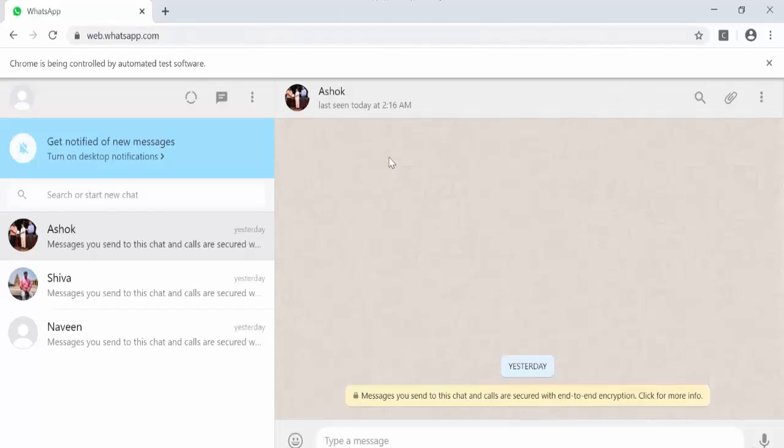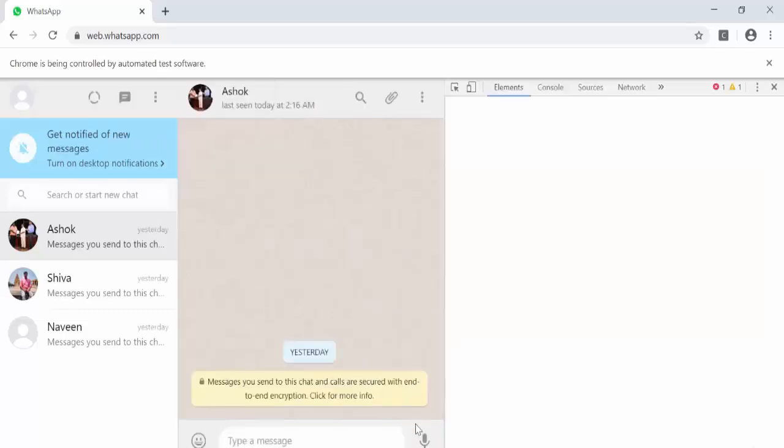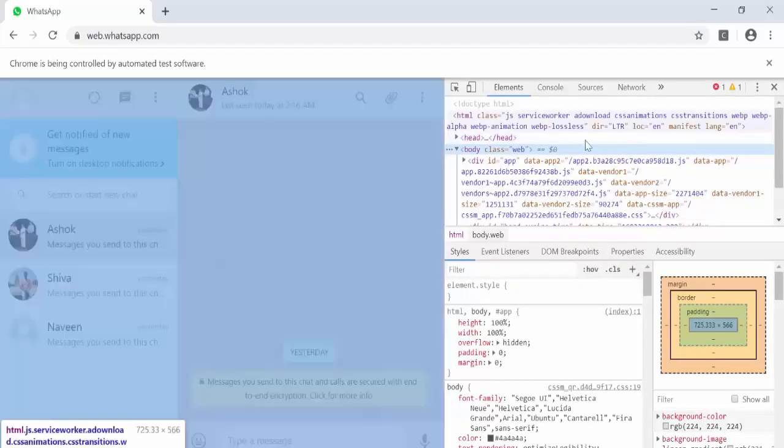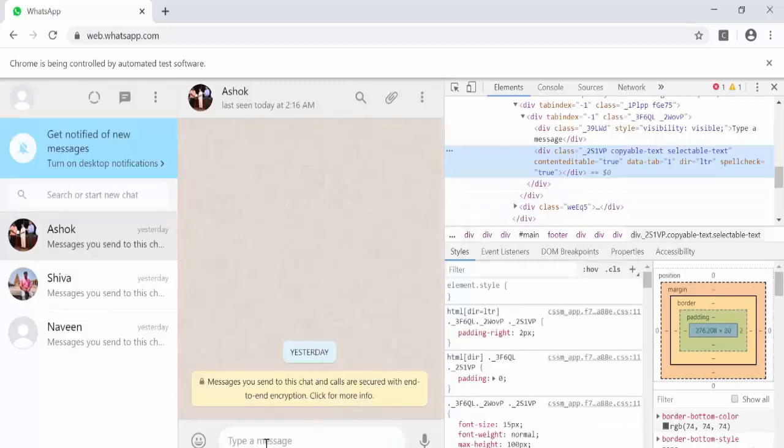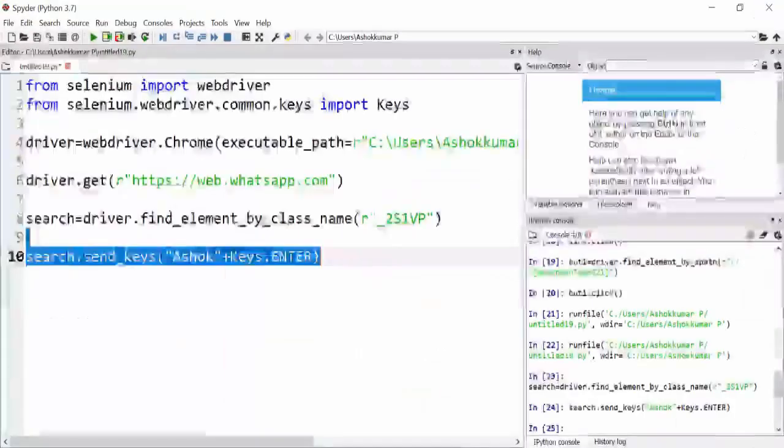Now when you want to communicate with this particular person, you have to type the message in this particular text box and press enter. To read this value, just click on this text box, right click, inspect. Do it again, it is selecting the parent node. Doing it again, we'll select this particular text box, and let's copy this particular class name, and coming back to the code,